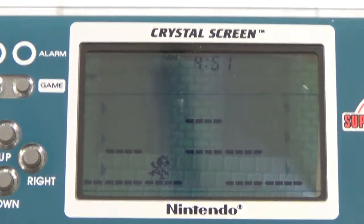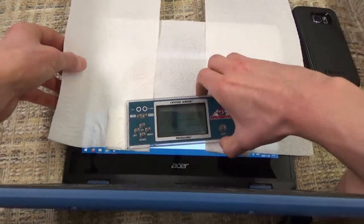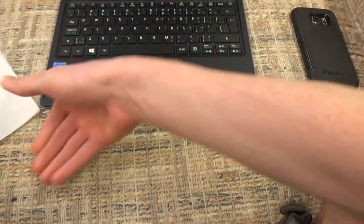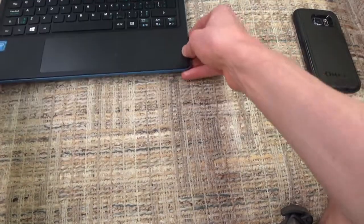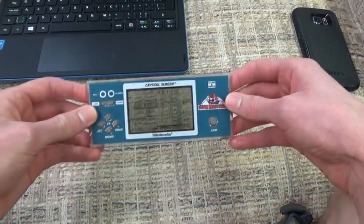But, wow, I'm going to zoom out here and show you what I had going on. I had a laptop here, which has a touchscreen, so it's not too bad. And I had a kind of makeshift thing, out of paper towels and toilet paper so that it didn't press against the plastic directly on the screen. But there you go, that is Super Mario, and I just think that is such a cool Game & Watch,